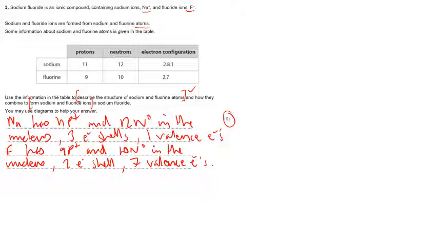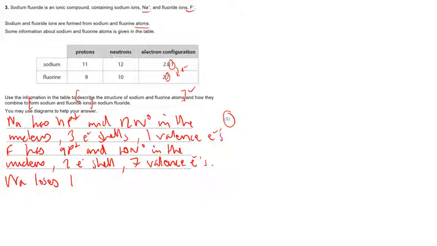So if we look at the electron configuration, if you remember, all atoms, when they react, they're trying to get a full outer shell of 8 or 2 if it's the first shell. So in sodium, we have 1 valence electron. So that's going to want to lose that electron to reveal the outer shell underneath. Then fluorine is going to want to gain an electron because it has 7 in its outer shell to gain a full outer shell. So writing that down, we can say that sodium loses